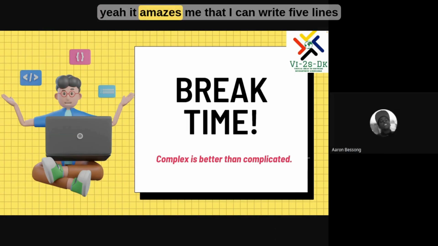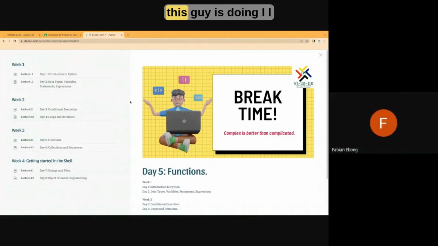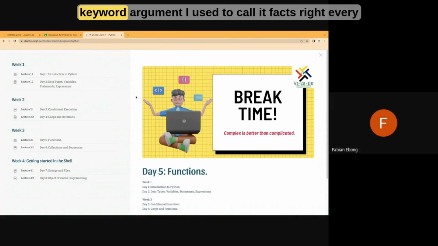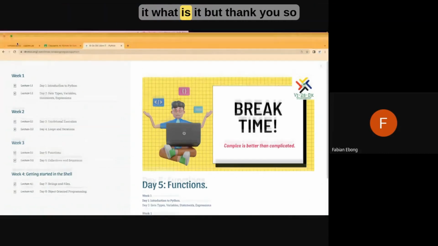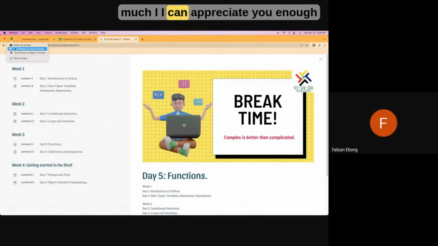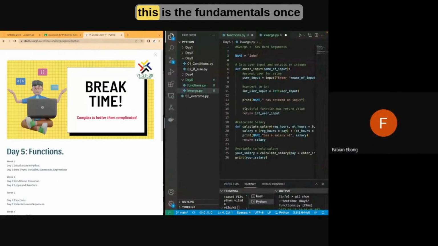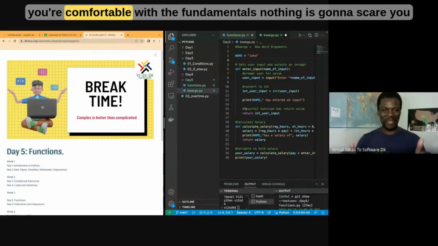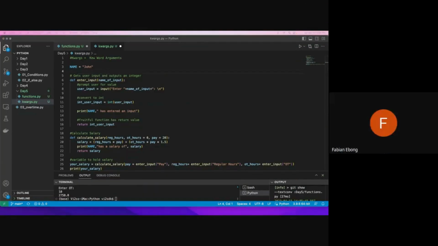Yeah, it amazes me that I can write 5 lines of code. I'm glad that we're all following what this guy is doing. Anytime I see this keyword argument, I used to call it kwargs, right? Every time I looked at the code and saw that thing, I was like, what is it? But thank you so much. I can appreciate you enough. I can even stand the sight of Python code now, like to even look at it and say, this is the fundamentals. Once you're comfortable with the fundamentals, nothing is going to scare you. Nothing at all is going to scare you. All right, so we've gone over